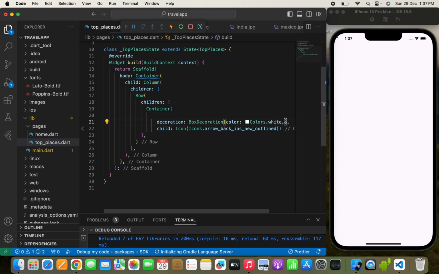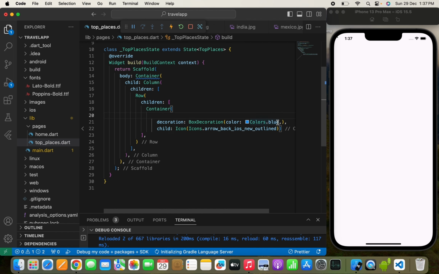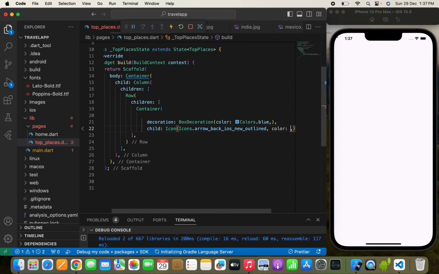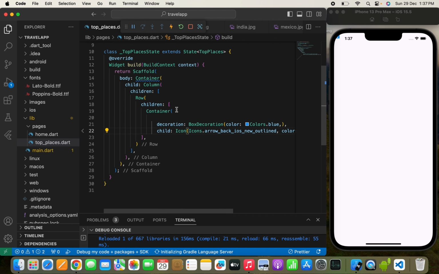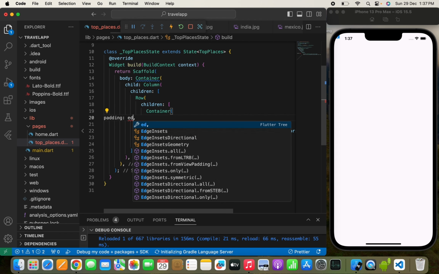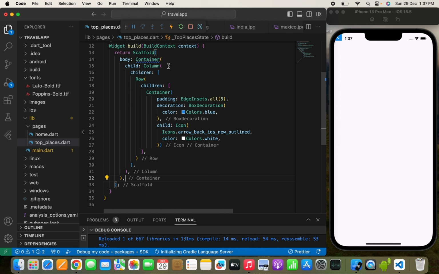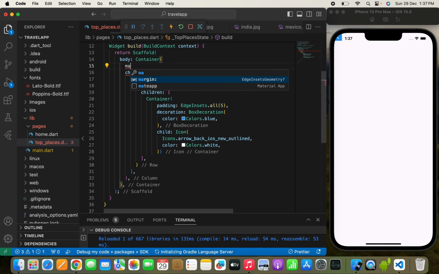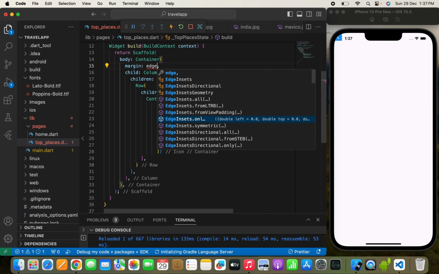So rather than passing white, I'm thinking let's pass blue, and we'll change the color of my icon to white. I think it will look cool, I guess. Yeah, now here we'll pass the padding, EdgeInsets.all, and we can pass up to 5. Now we can pass a padding, or you can say a margin, so that I can see all the things. So we'll use EdgeInsets.only, and we need to just pass from the top